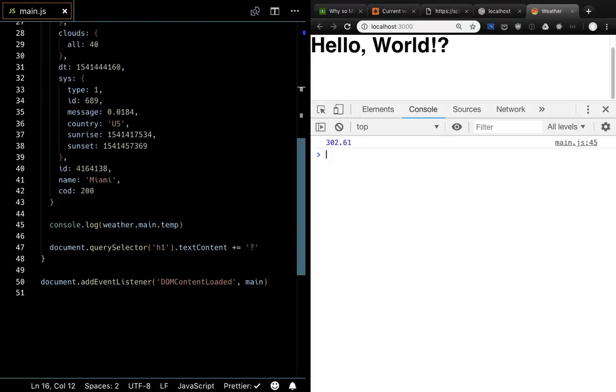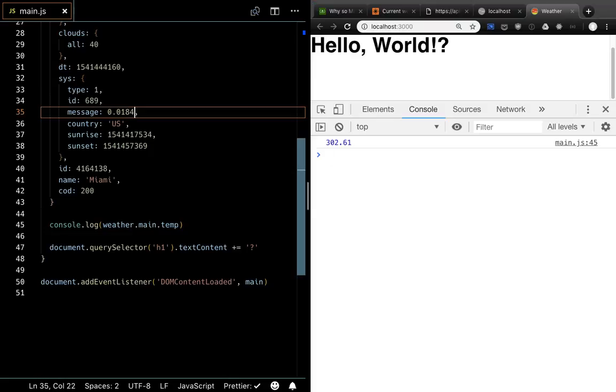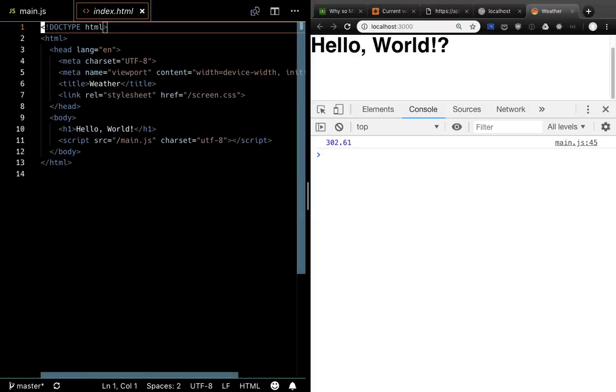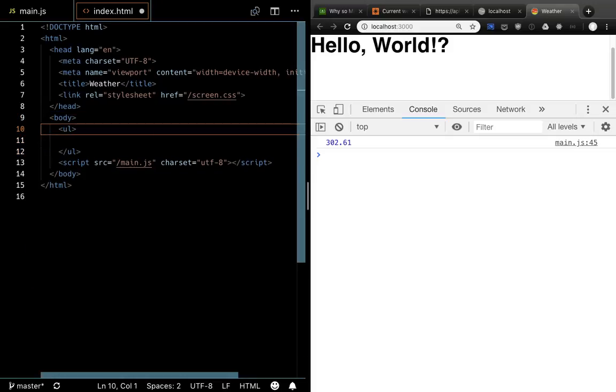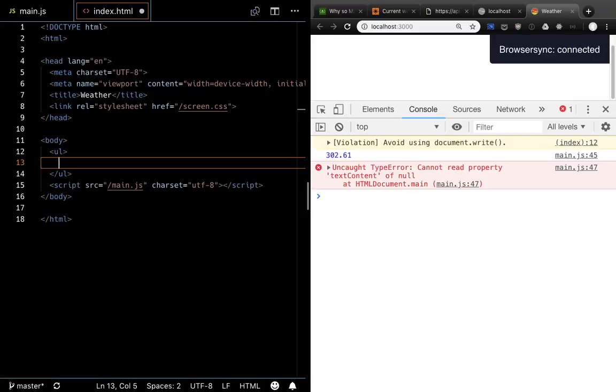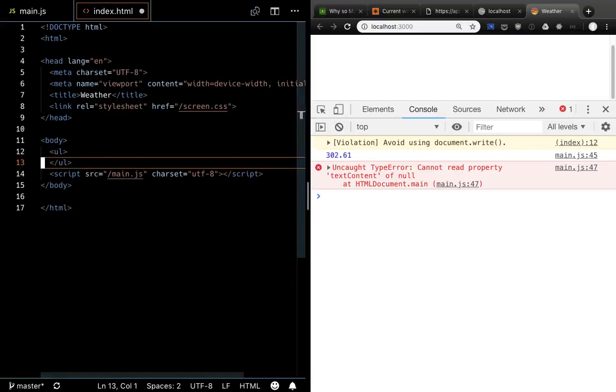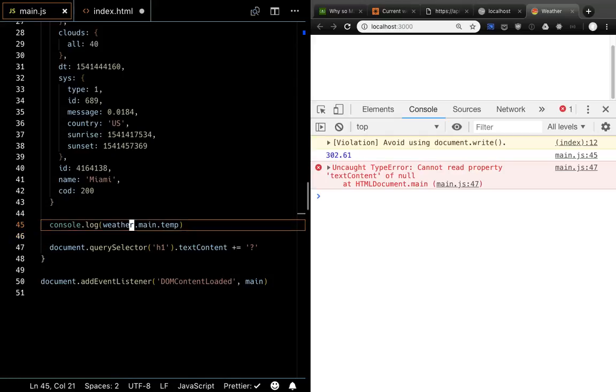That's the part that's next. How do I write the parts to do that? So if you look at the example from today, I put the names inside of a UL and I built up LIs. So you can look at the example we did today where I put a UL in my HTML. I put a UL in here. And what I want to do is build LIs dynamically. I want to take this weather,